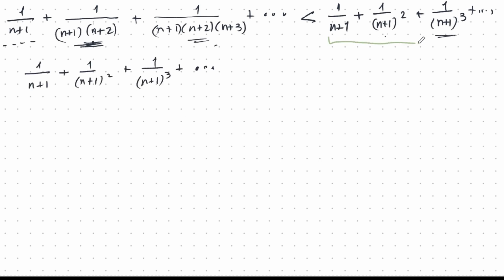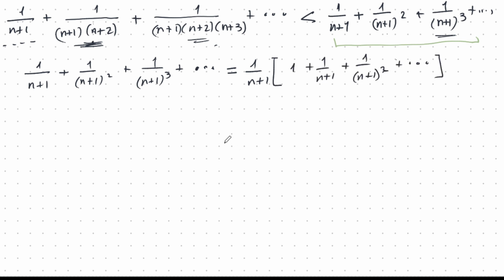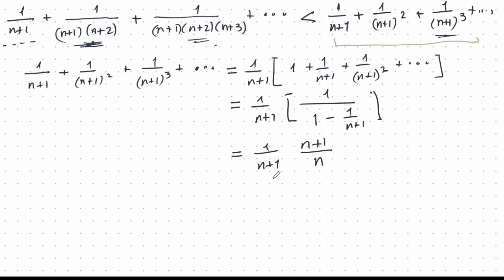Well, this part here, this is just a geometric series. So we can easily sum that. So I have that here, and I'm going to factor out 1 over n plus 1 like this, and so on and so on. Okay, so that's easy to sum up. I just use the geometric sum formula, and you know how that goes. So that's going to be what? 1 over 1 minus 1 over n plus 1, like so. And that simplifies to this, and just a little bit more. This cancels out, and I get 1 over n.